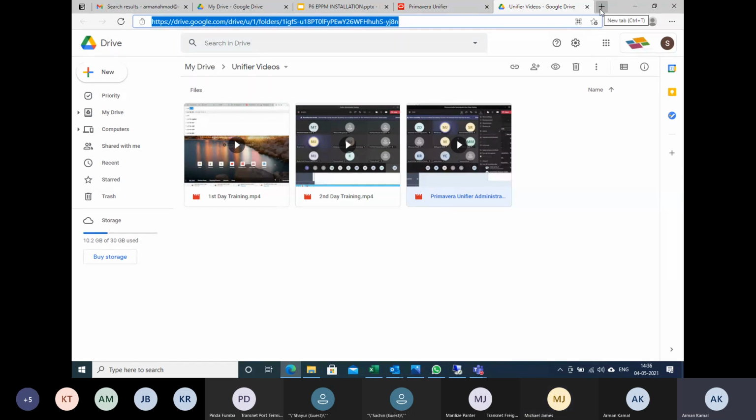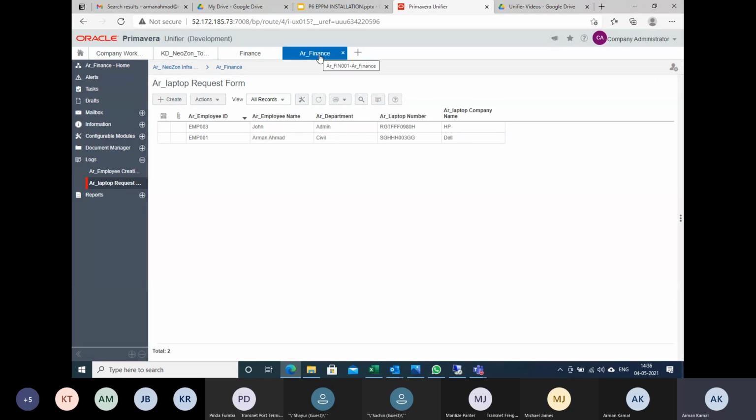So company administrator is a user through which everything is being designed, right? Now Arman is a manager for a department called finance. Can you see my screen, right? Now I am asking the company administrator that I wanted to see this scenario practically: my new employee is going to use the Unifier system next week to create their employee record and their laptop record.